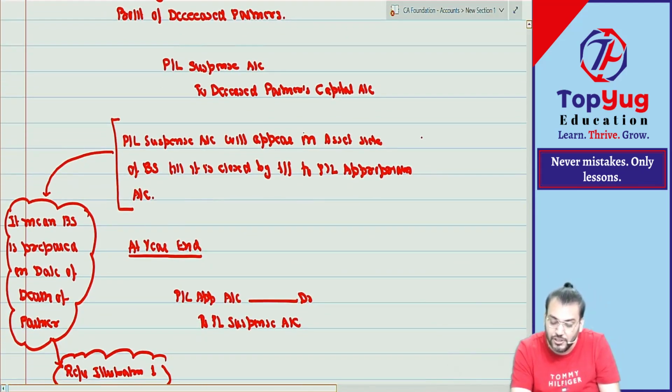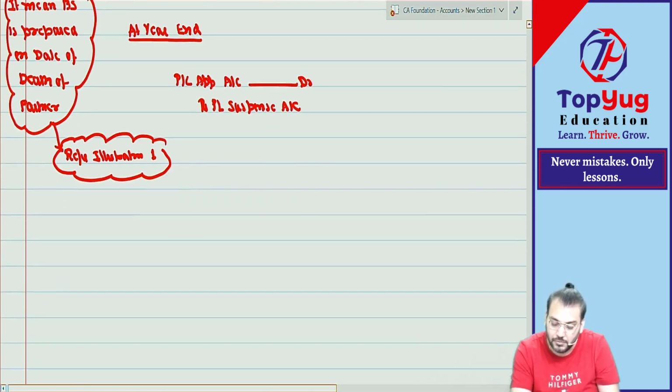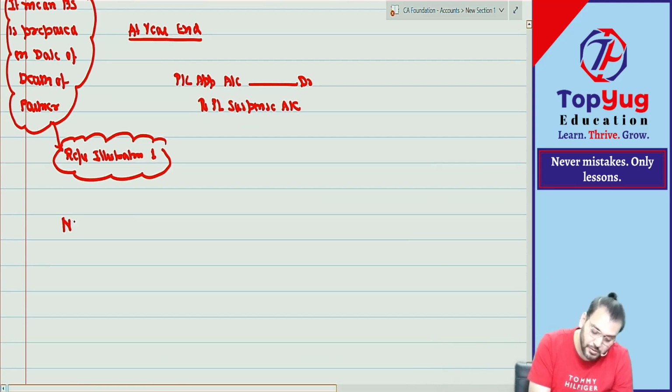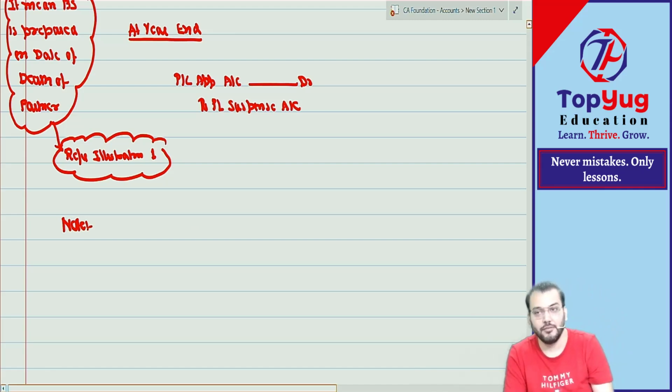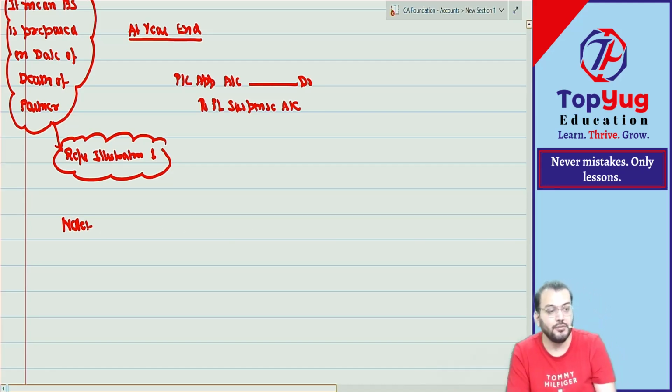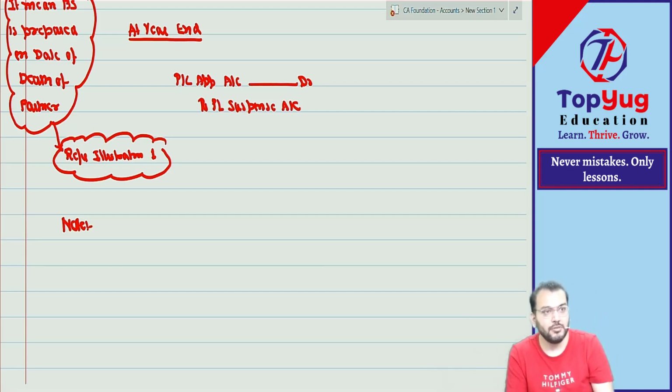Write down one note. If information to estimate the profit is not given, then